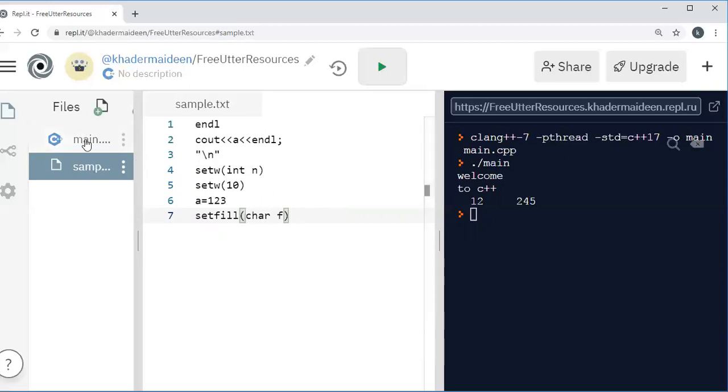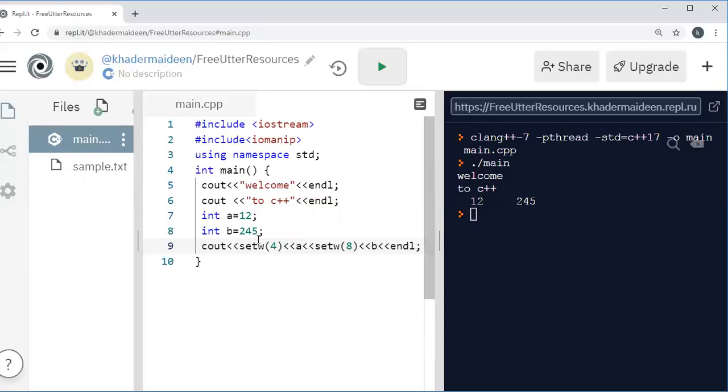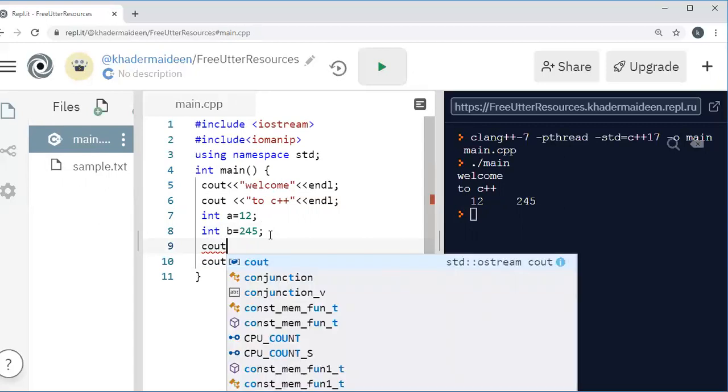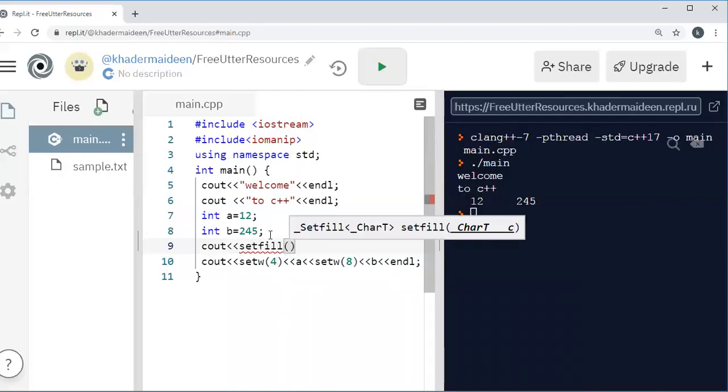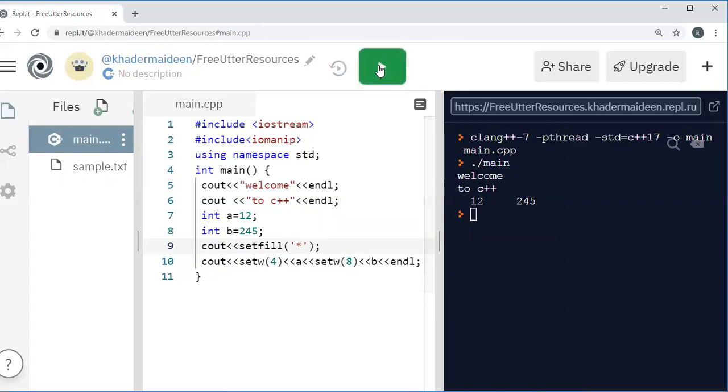Now let me see one example. Here I am using the asterisk symbol. Now we execute this program. You see that.